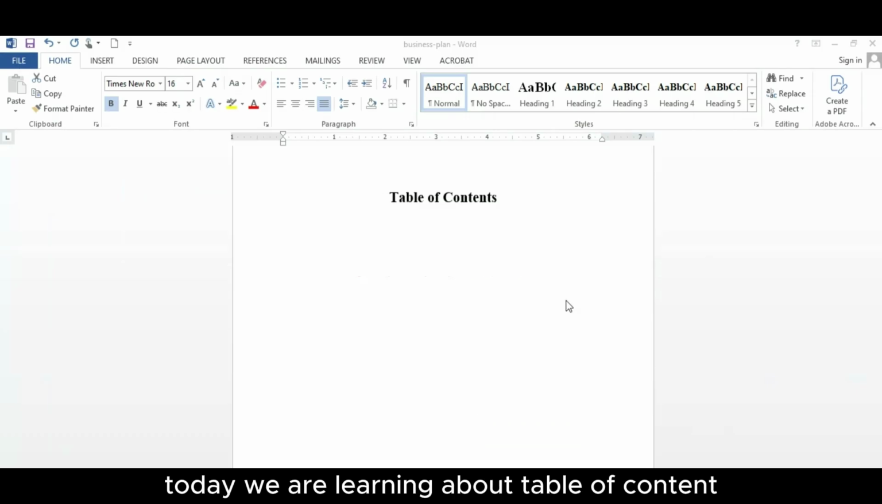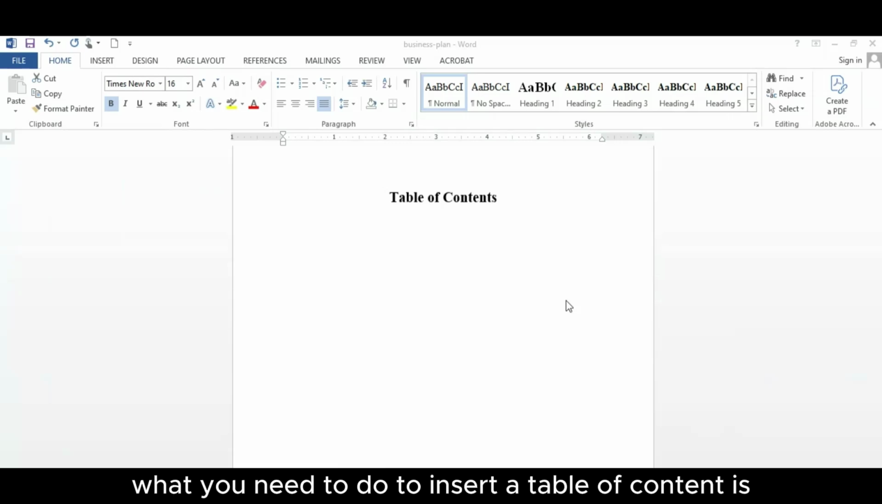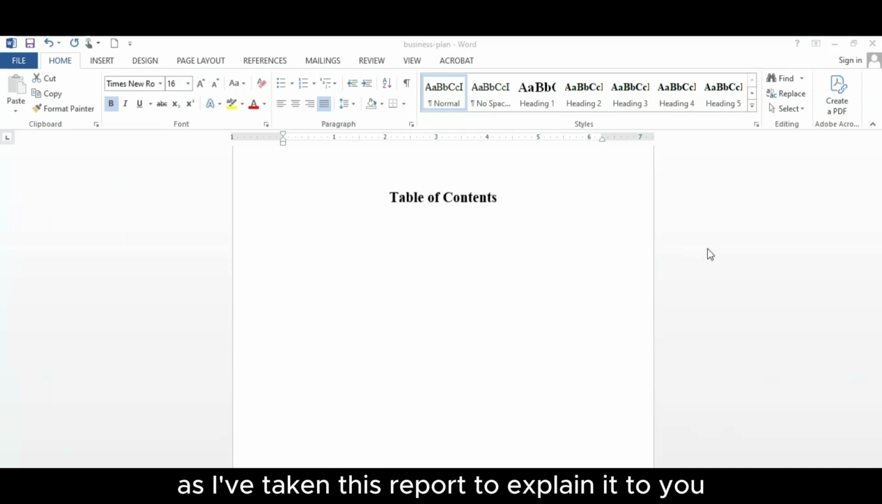Hello friends, today we are learning about table of content. So first of all, what you need to do to insert a table of content is, as I've taken this report to explain it to you,